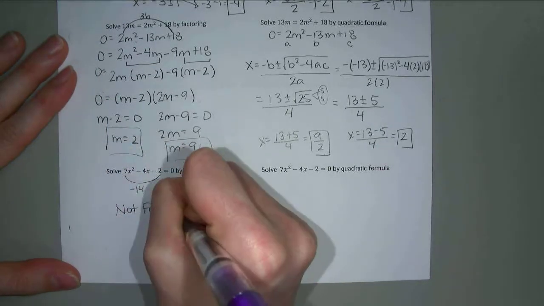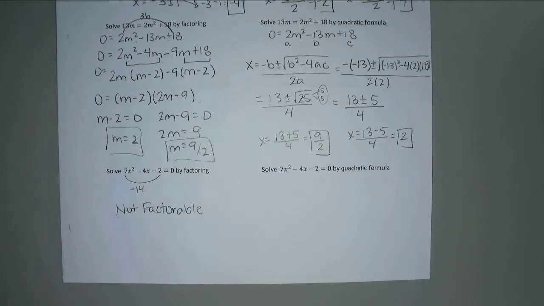And if we got this in chapter 13, we'd just be like, it's prime, I can't do anything, I can't solve it. Does that mean it's unsolvable? No, it just means we can't solve it by factoring. So guess what would work? We could do completing the square that we learned on Monday, or we can use the quadratic formula. What's nice about this one, that it's already in standard form. Everything's already moved over in the right order set equal to 0, so we can go ahead and label our